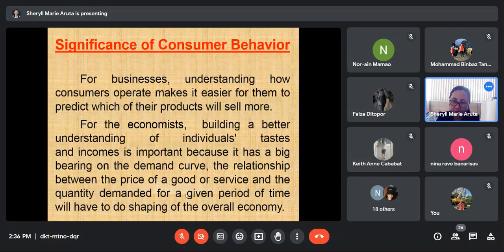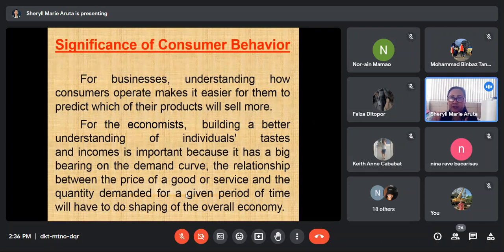Ang atong supply will always be dictated by the demand, and the demand is being created by the consumer. So in the perspective of economics, what we should do for businesses is for us to target the individual's tastes and preferences